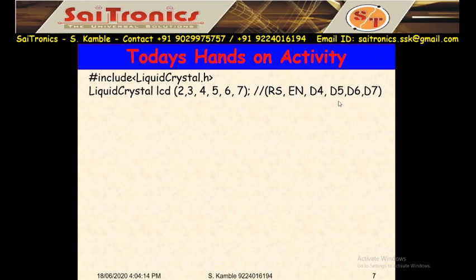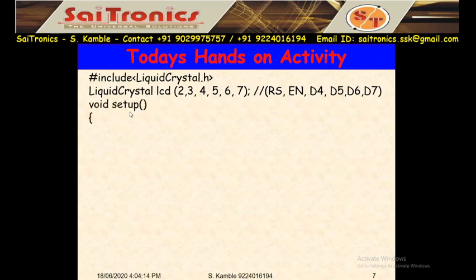In my shield, I am using pin number 2 as RS, pin number 3 as enable, 4 as D4, 5 as D5, 6 as D6, 7 as D7. So these pins are fixed for my shield. If you are using another shield, the pins will be changed.